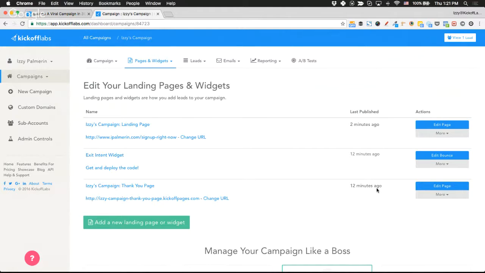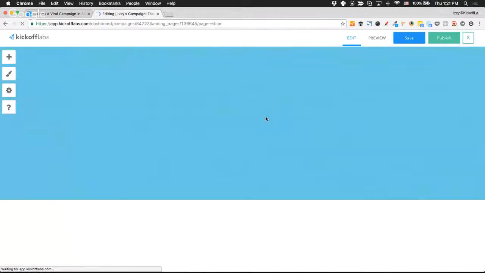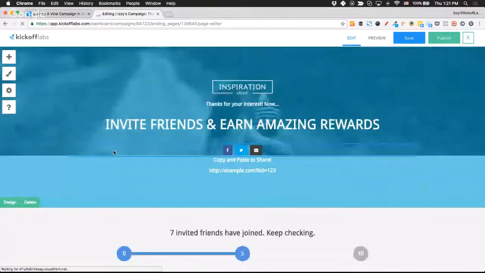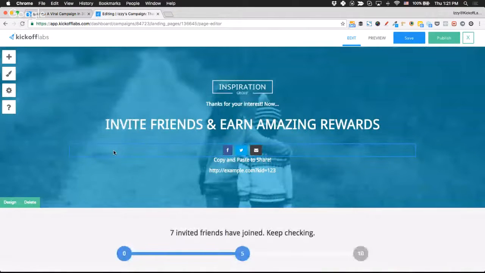So let's go ahead and move on to the thank you page really quick, because I know that IAAS had a question on the thank you page. They're saying that when they click on the email, it doesn't automatically email people. Now this is where it works a little bit different. When people click on the email share button, it's not going to automatically share for them. It's going to open the email in a brand new window. So certain people don't have it configured. Just so you're aware, you do need to configure Chrome and Safari to open the email browser in a new window. But let me show you how you can set it up, and how you should be setting it up.